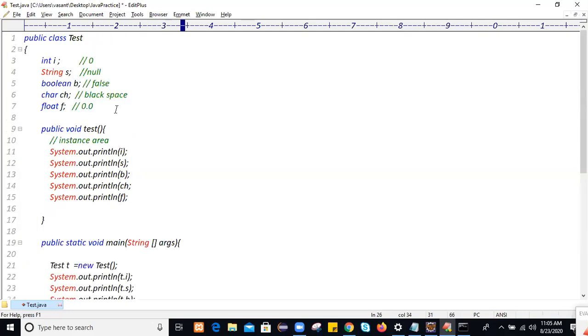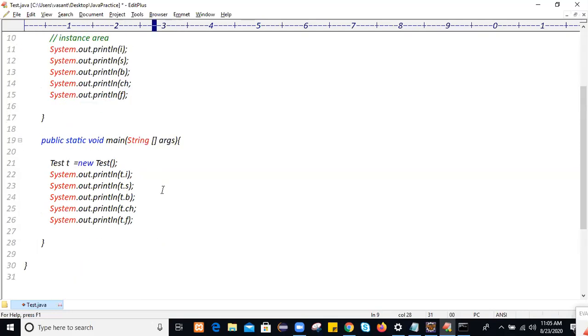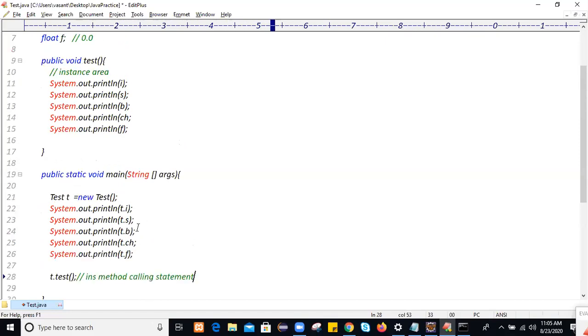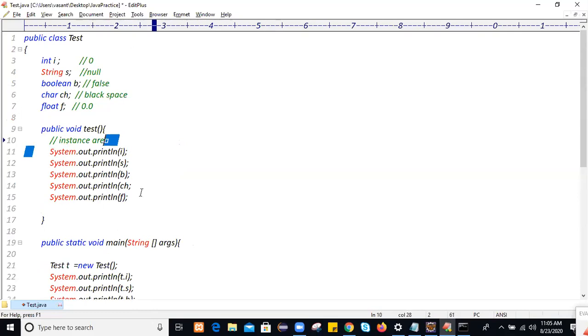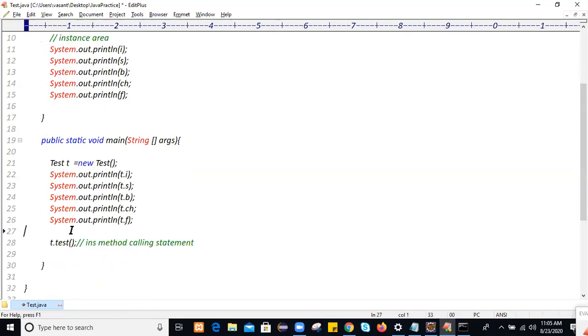To call this instance method you have to use this statement: reference variable name dot method name. This is called the instance method calling statement. This method will get called two times, and the data will get printed.